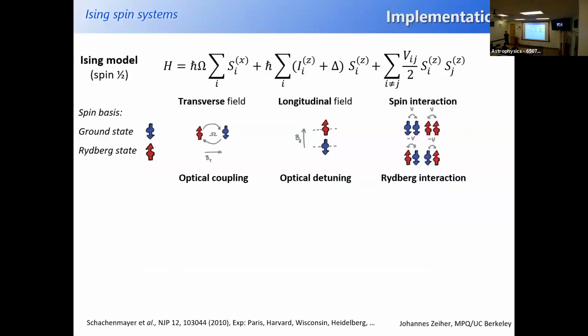It turns out that the toolbox I've presented, this excitation laser and the Rydberg interactions, can actually map to a spin Ising model. The way this works is that the optical coupling, the two-photon laser driving, directly maps onto a transverse field. We think about the Rydberg state as spin up and the ground state as spin down. So driving that transition acts like a transverse field in an Ising model. We can think of an optical detuning as a chemical potential or a longitudinal field in Ising spin language.